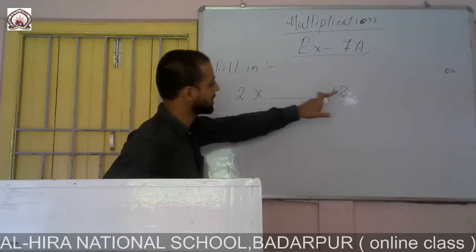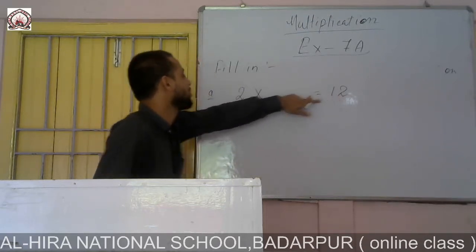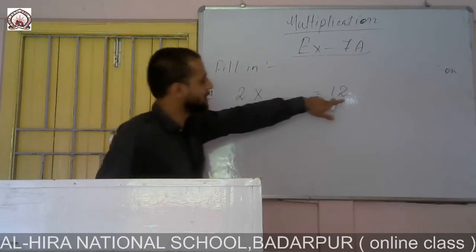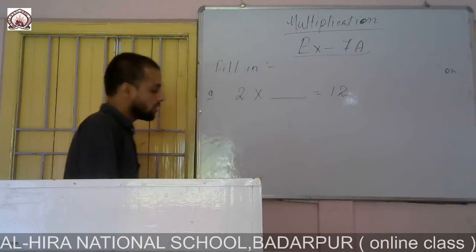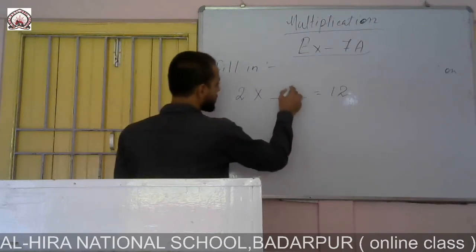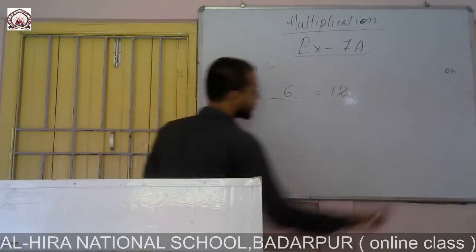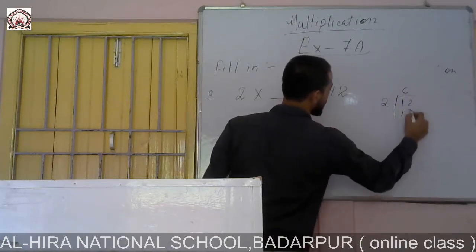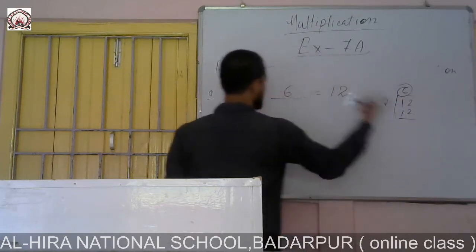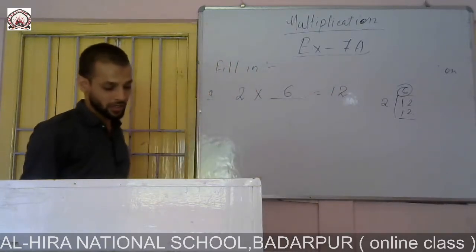The same way, if we divide this 12, suppose here you see, to get 12 here you have 2. So if we divide this 12 by 2, we will get the result. So if we divide this 12 by 2, we will get what? 6. So you simply have to write here 6. 2 6s are 12. So if we divide this number by 2, 2 6s are what? 12. So you have to write this 6 here. So we will get the answer. So next one you see.